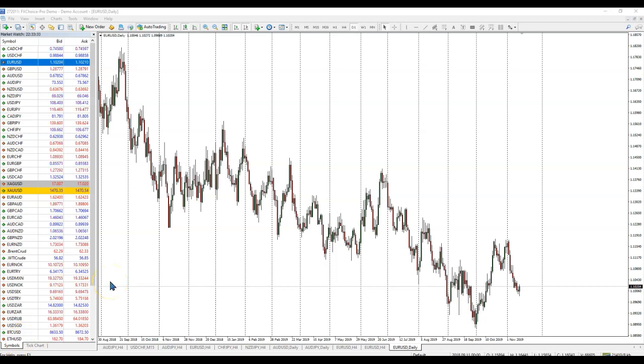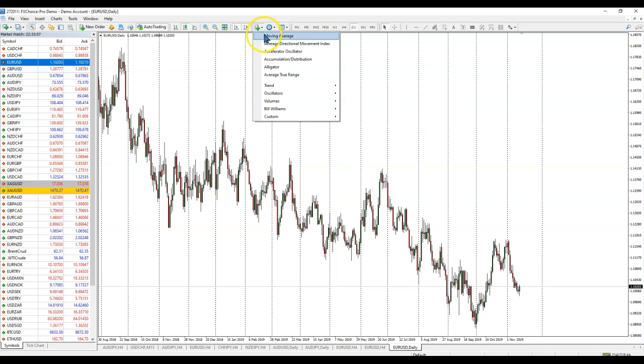I would like to share with you a simple trading method that anyone can learn to do successfully with proper money management and high rewards. First, select the chart that you would like to use. Next, go to the indicator, select moving average,